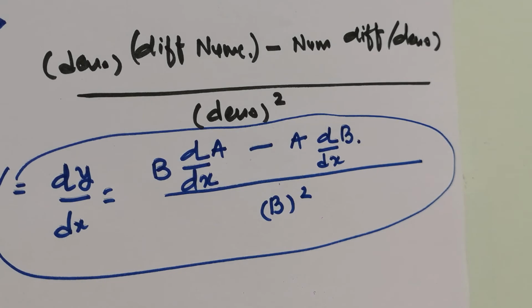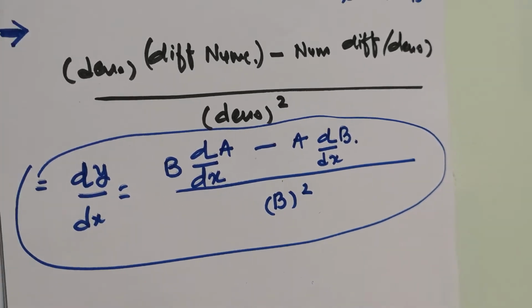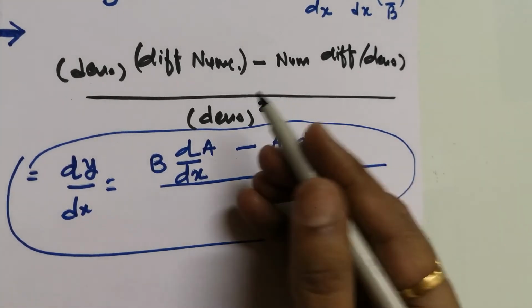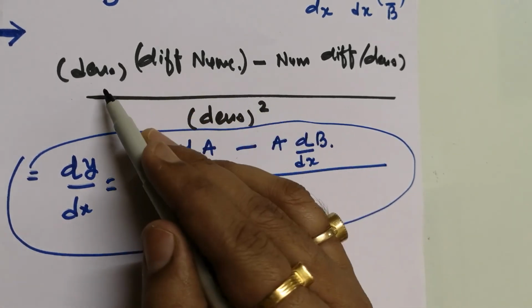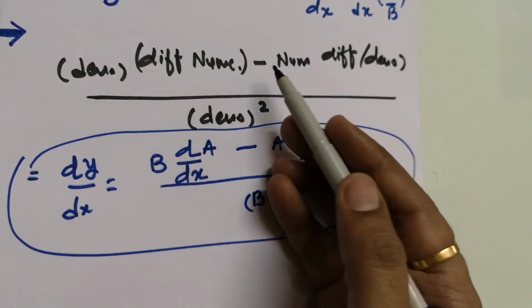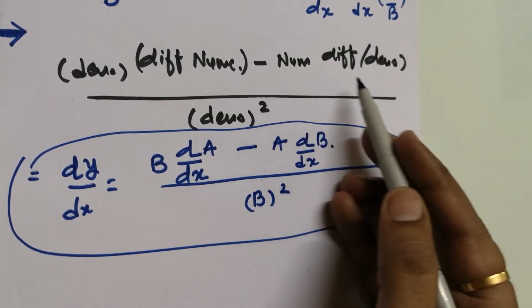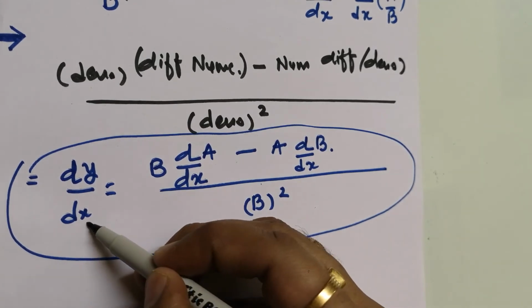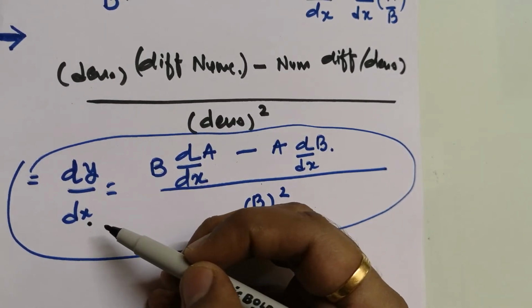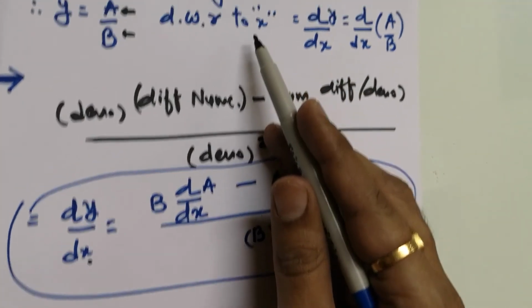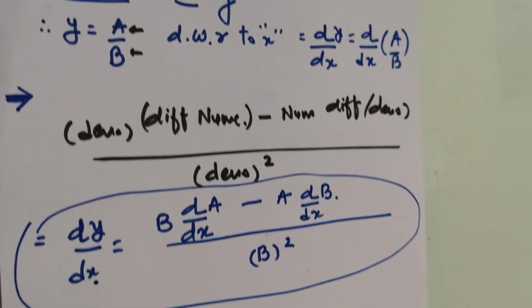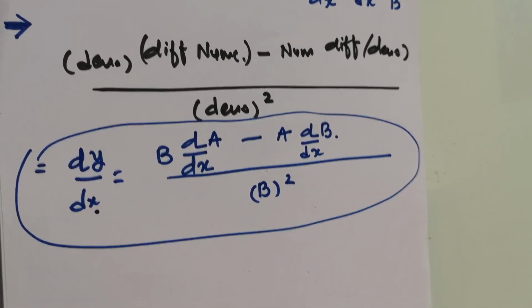This is the very primitive formula. It has been placed in front of you. So whenever you have a divisional differentiation part, this is the primary formula. You have to remember that denominator is squared, denominator outside, differentiation of numerator, minus numerator outside and differentiation of denominator. Now you cannot compromise with the comparison part, meaning differentiation with respect to what. Initially we have taken differentiation with respect to x, so it is always placed with respect to x.